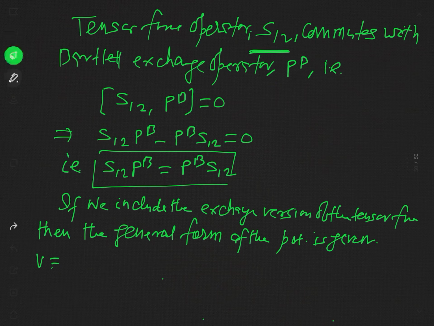All the terms previously in our equation 4 will be contained in this equation 2, but apart from that, we must include the potential term which have actually tensor character, or you may say that tensor force character. So we write this expression as